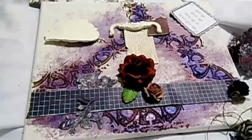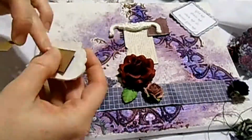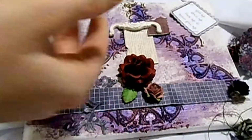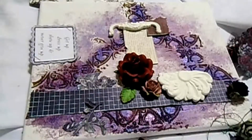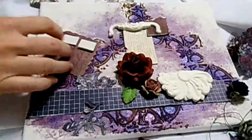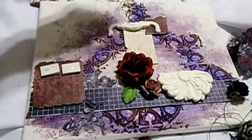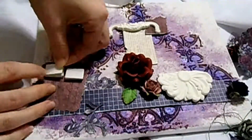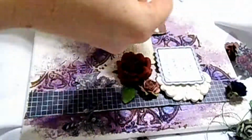Now I'm working on finalizing my layout. I've added some embellishments that I fussy cut out of the paper. I'm taking some of the resin pieces that I made using the Prima Renaissance mold, using the Prima Redesign modeling clay. And I took one of the flowers